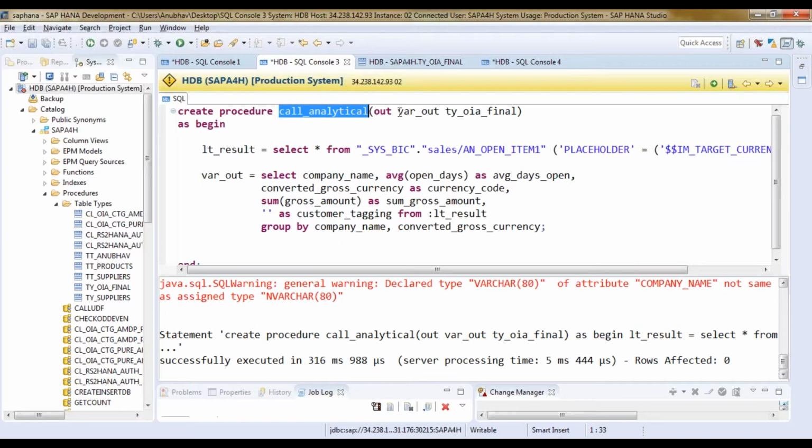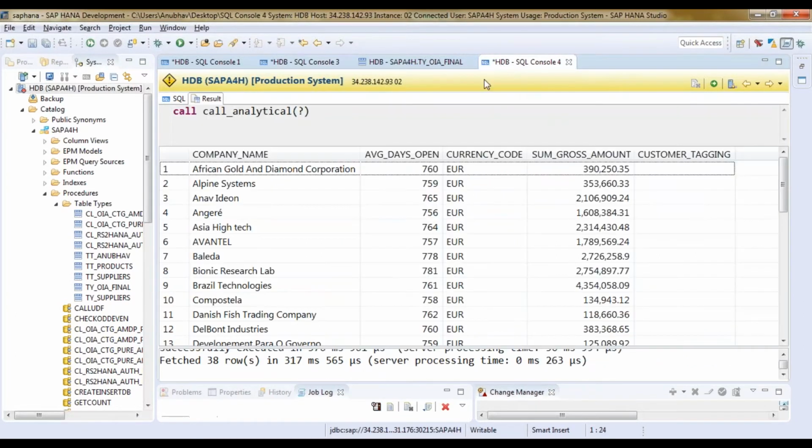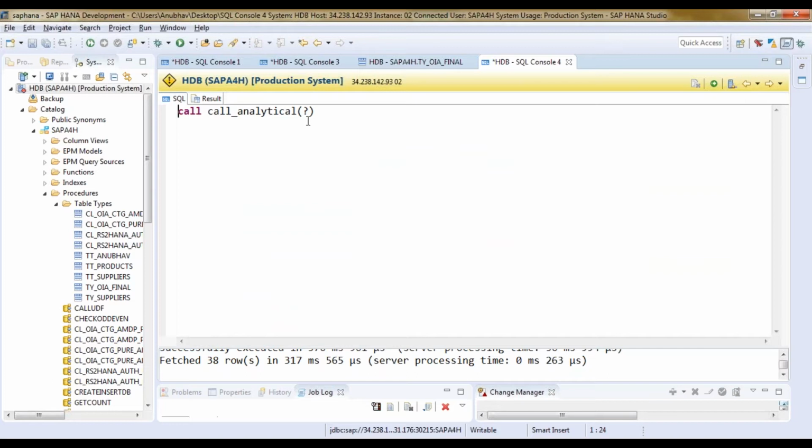But remember this output parameter, what you see here. In order to call this directly in HANA, we used a question mark. But when it comes to ABAP, ABAP cannot capture this directly. Very important point here. In HANA, when you wanted to test this, you put a question mark so that HANA Studio displays the result directly on the console. But when it comes to ABAP, ABAP cannot do that. So what you need to do in ABAP is put null. When you're calling from ABAP, remember, put null and do WITH OVERVIEW.